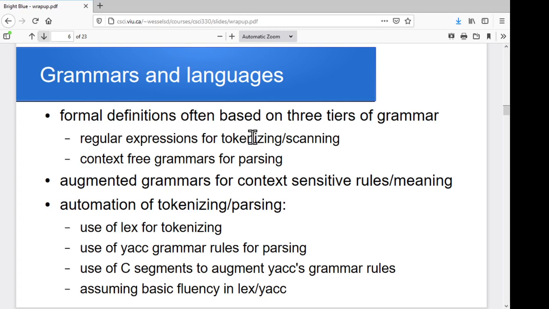Then we got into the sort of formal description of languages, so the use of formal grammars, and this kind of tiered approach where we've got regular expressions for the tokens, context-free grammars for the basic syntax parsing, and then augmented grammars to get the context-sensitive rules and meanings into place. We looked at some of the